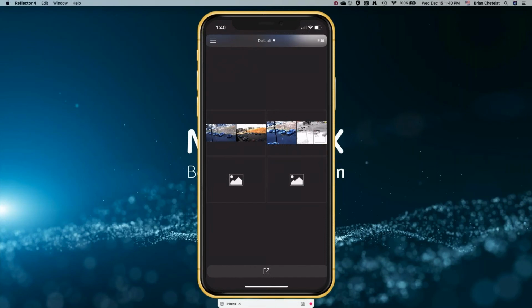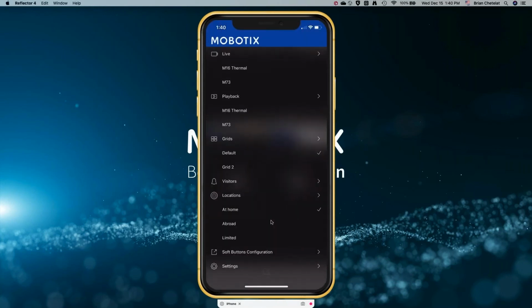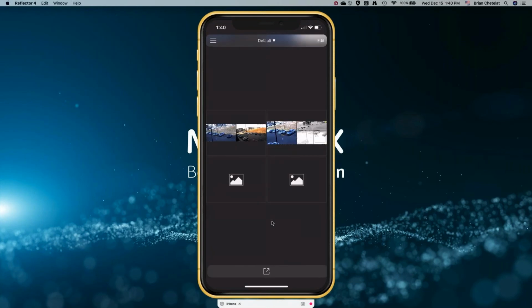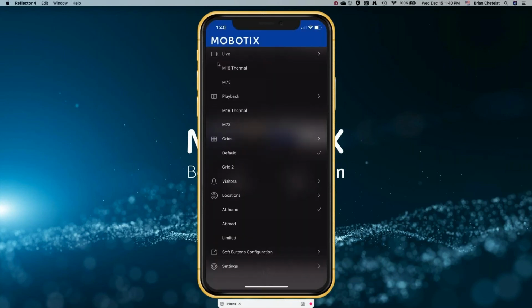I'm on an iPhone, as you can probably tell by the shape of things there, and then my home screen of apps. I think that's about it, guys. Oh, sorry, we'll go on that last one, the settings. This is the settings. Let me go back here and show you where I'm going to tap. I'm going to tap the hamburger first, and then down at the bottom here, the settings.